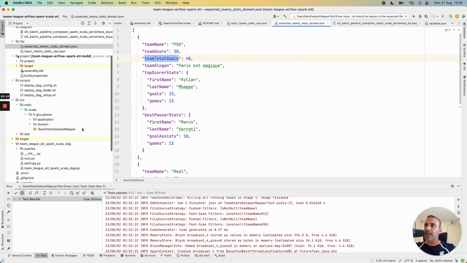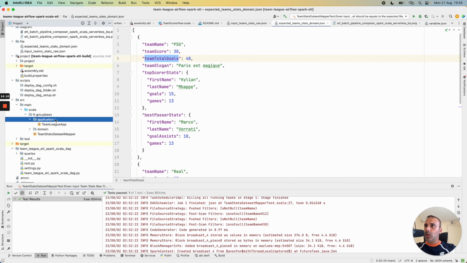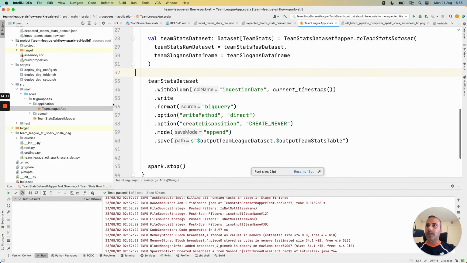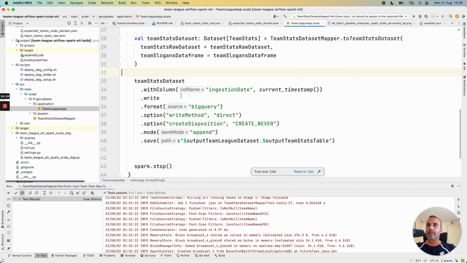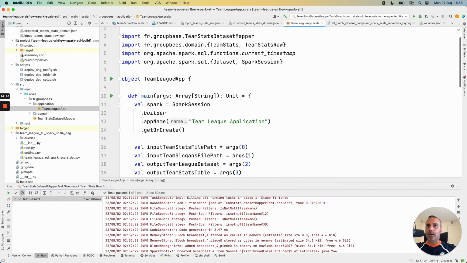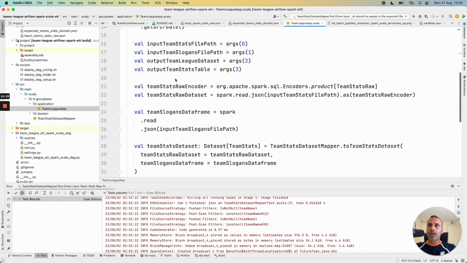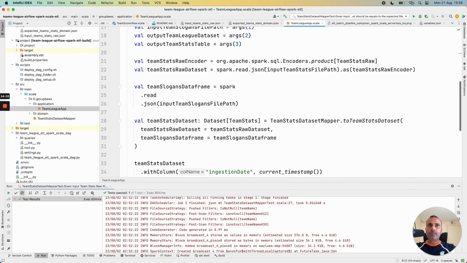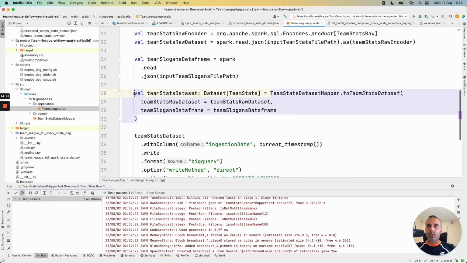As I explained in the previous video, all the Spark logic is put here in this folder. We have, for example, the main class. We read the JSON file with Spark as a data frame. Then we calculate all the domain data, again in a dataset of TeamStat objects.